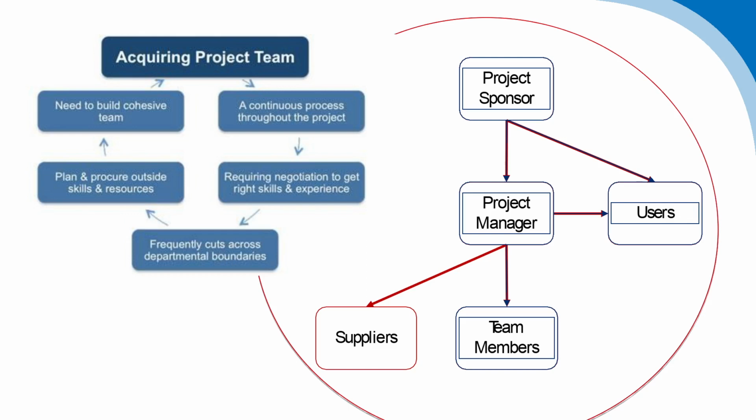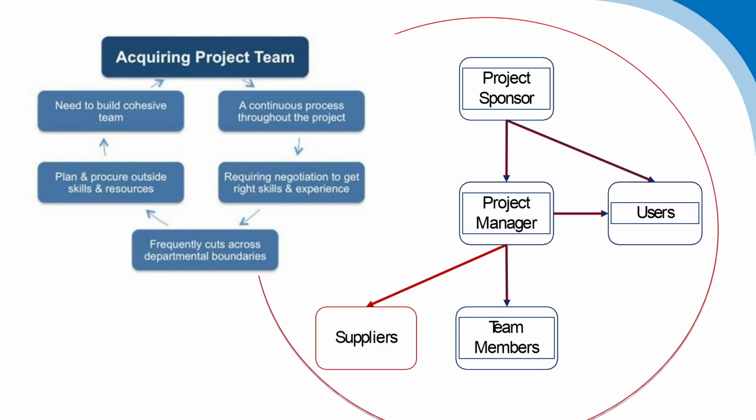Now, for the actual running of the project and the execution of the project activities, you have one level just below that, which is the project manager. The project manager is actually responsible for defining, designing and actually executing the project itself. And to do that, you'll see one level just below the project manager, you have the team members who are then assembled for that purpose.